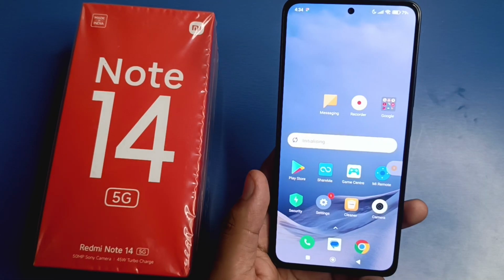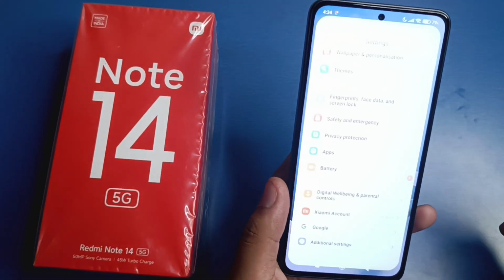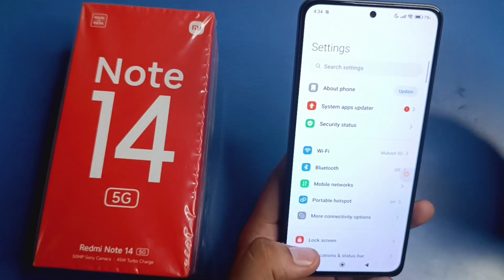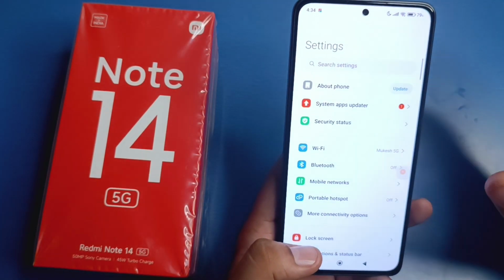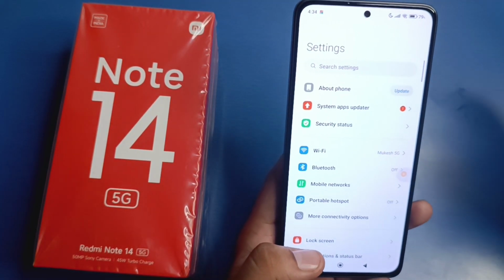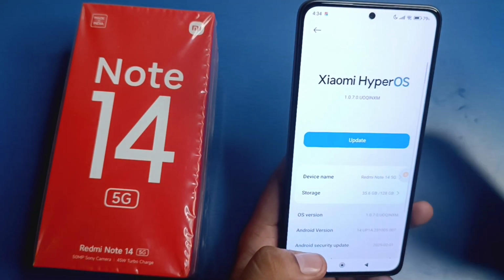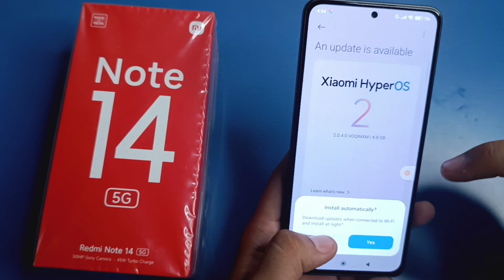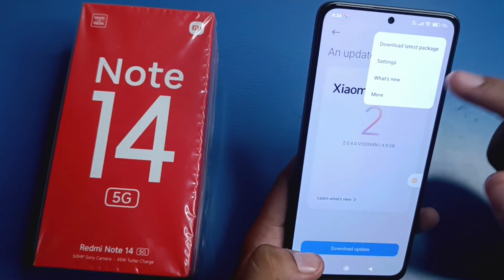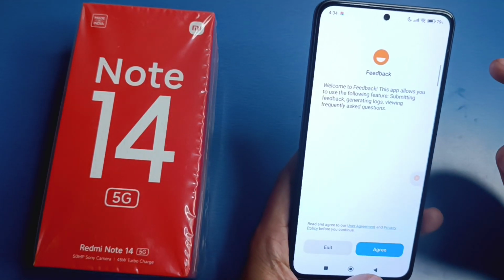Friends, first you have to go to settings. Now just turn off the automatic update. So this will not use much more battery and not heat your smartphone. You have to click on about phone, click on updates. Now just click on the 3 buttons, click on more, and you will see